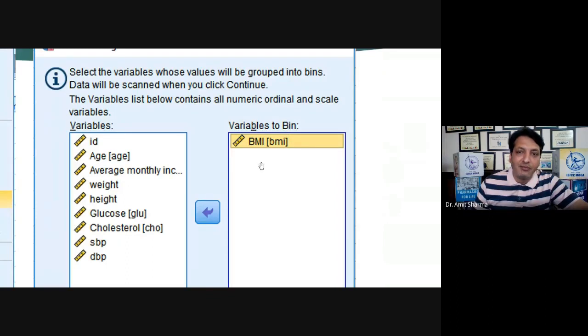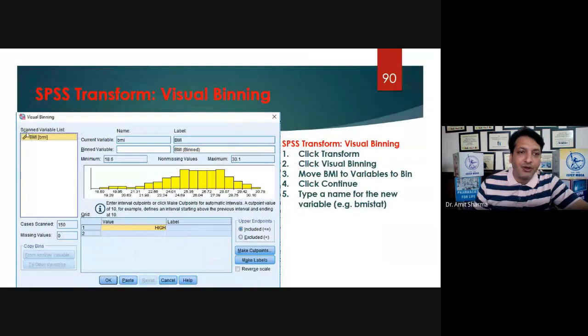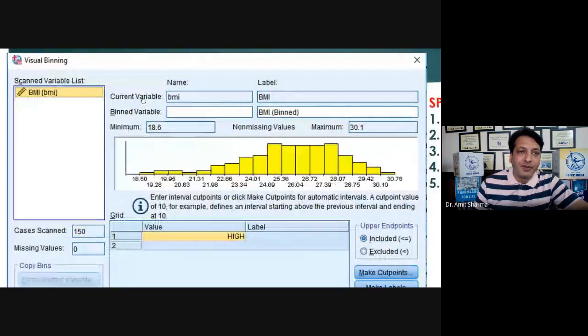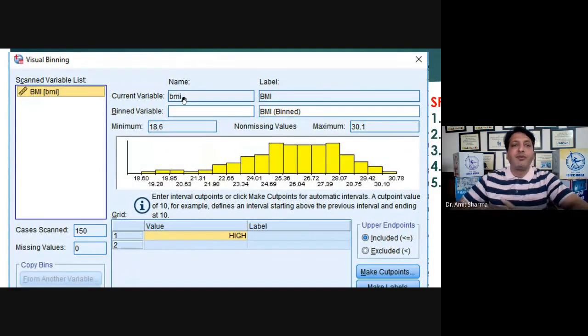Here we have BMI. Then click continue, and you will get this visual binding box. It shows the name of the old variable, which is small letter BMI, and I am going to keep the name of the new variable as BMI bind. Clear?